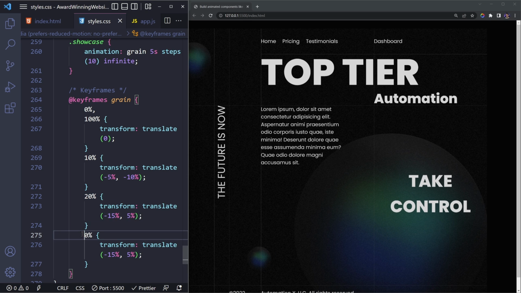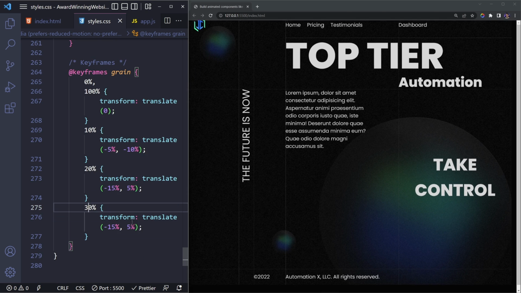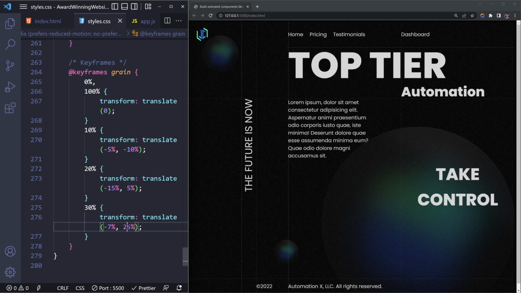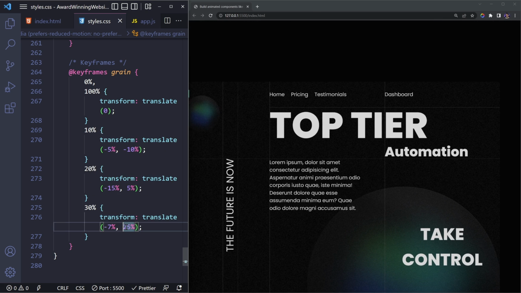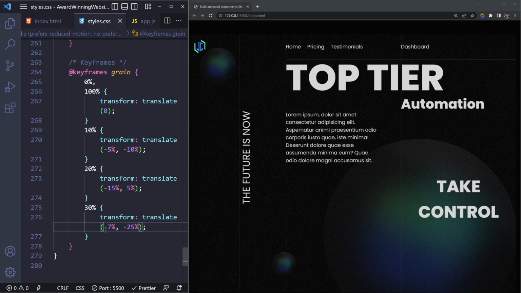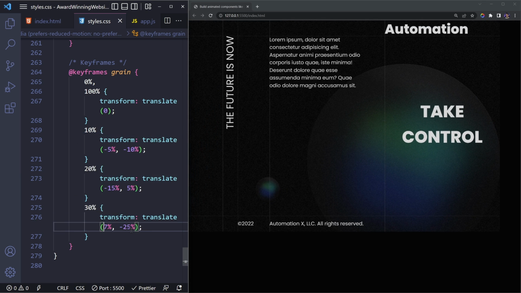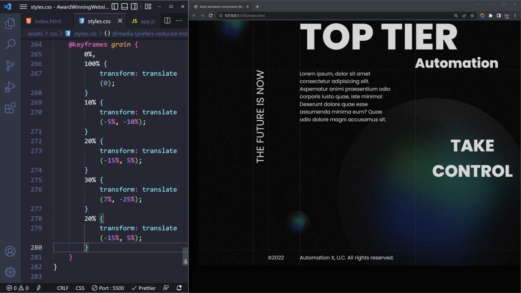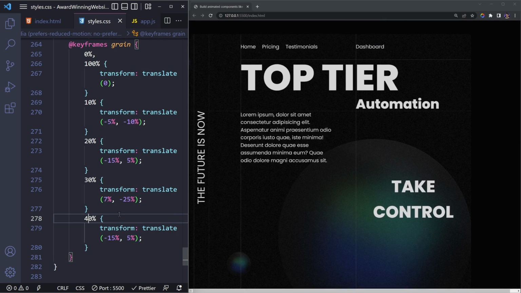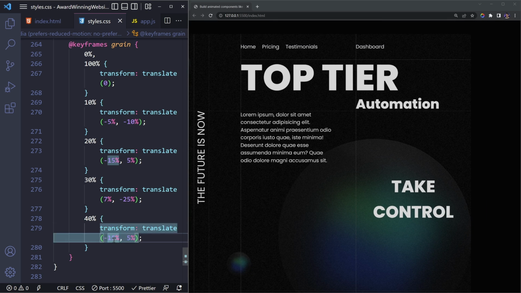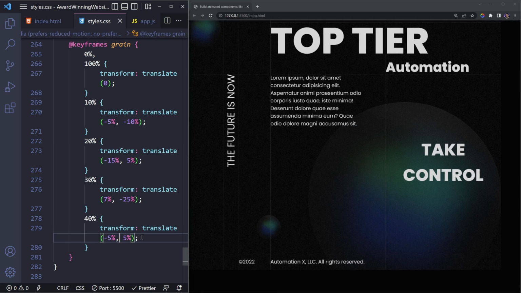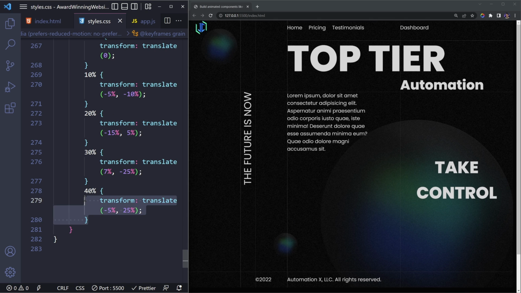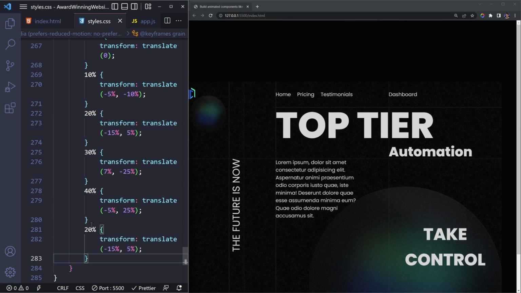15.5, 30%, 7, 25. Actually going to be negative, and this one is going to be a positive. Then for 40%, we're going to be doing negative 5 and then positive 25. At 50%,